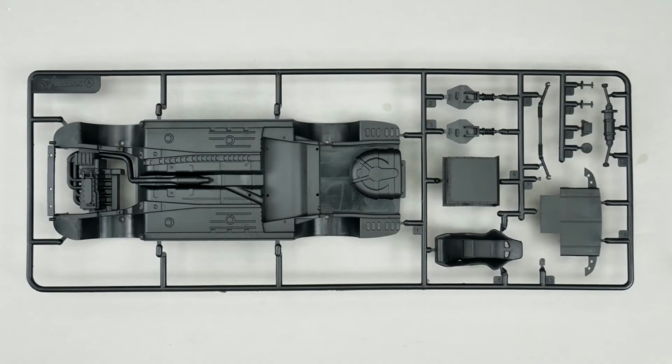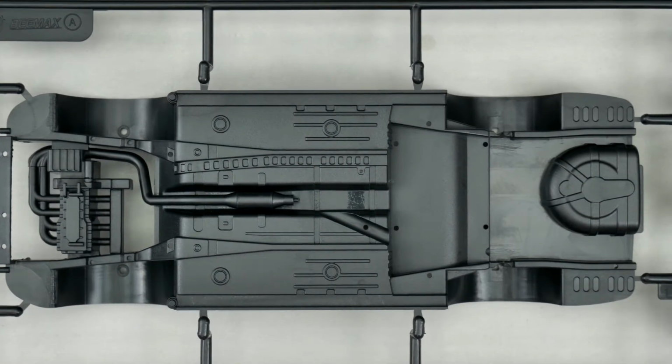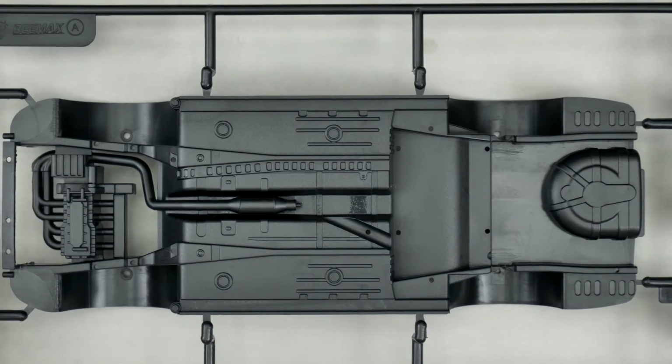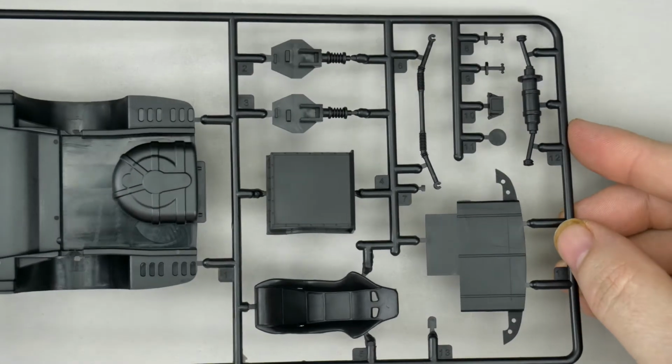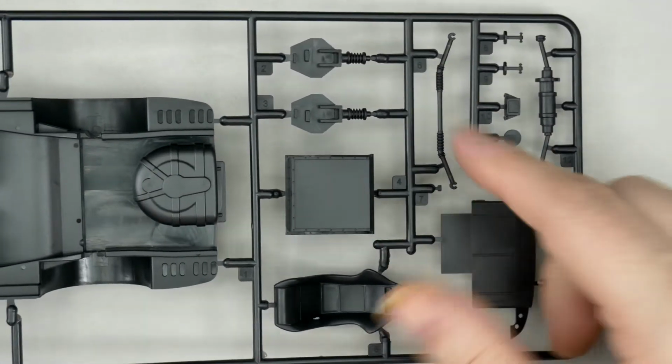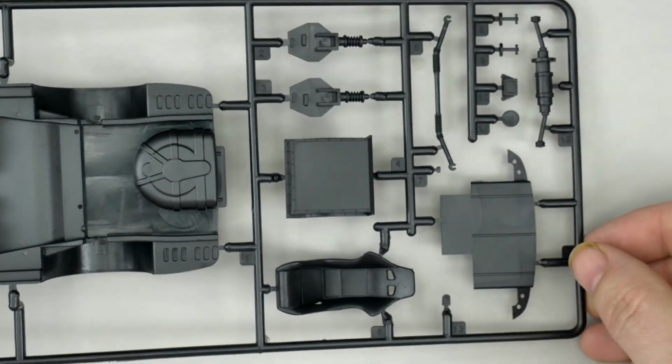And getting started with the chassis parts tree. You see it is molded in black. And now taking a look at the chassis, you can see some detail molded in the front half of the exhaust pipe, and underside of the engine detail molded there. And moving on over here, you have some more. We have fuel tanks, some suspension pieces, an axle piece there, a bucket seat,